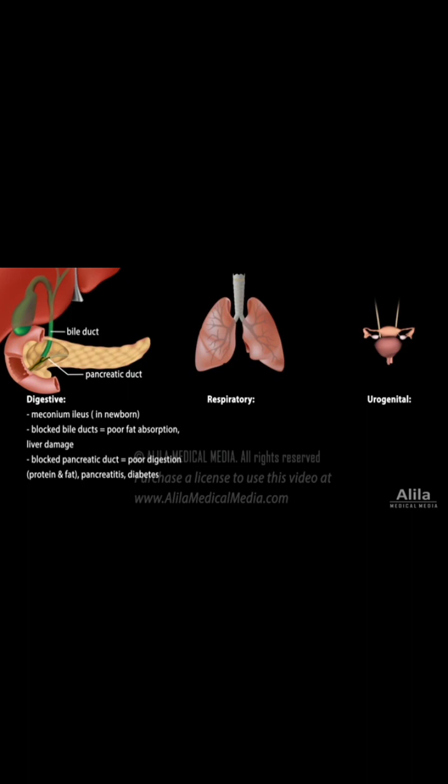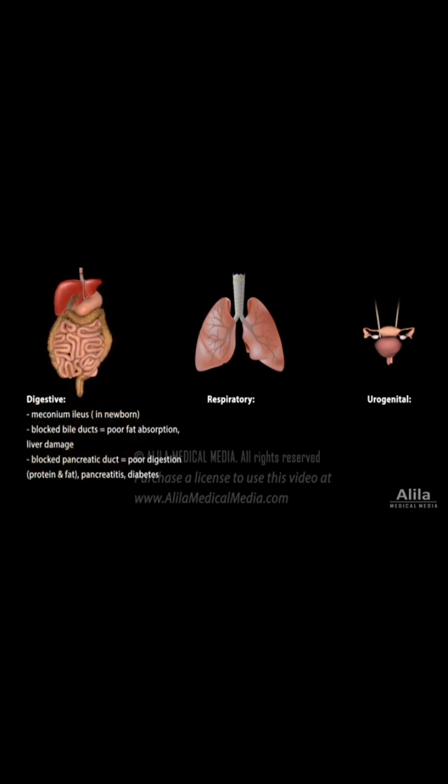In addition to poor digestion, this leads to accumulation of digestive enzymes in the pancreas, which destroy pancreatic tissue, causing inflammation or pancreatitis. Damage of the pancreas may also result in shortage of beta cells that produce insulin, causing insulin-dependent diabetes, a very common complication. Other digestive symptoms include abdominal distension, intestinal obstruction, and intussusception, in which a segment of the intestine slides into its